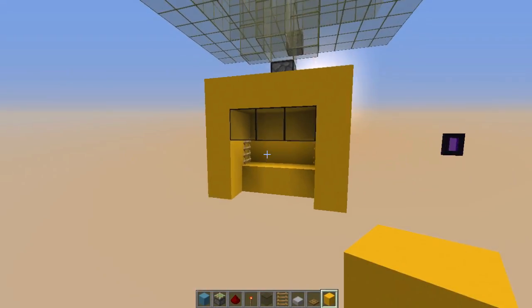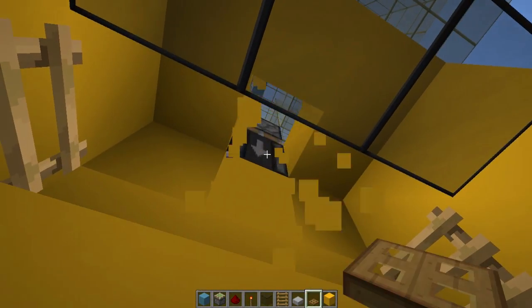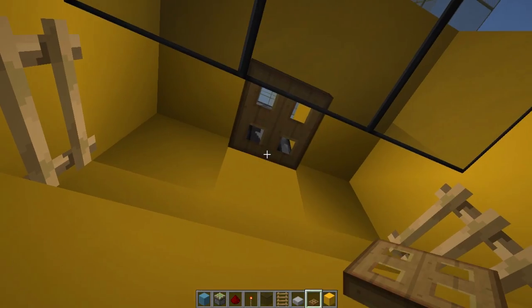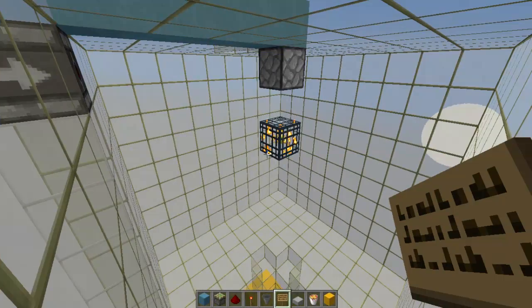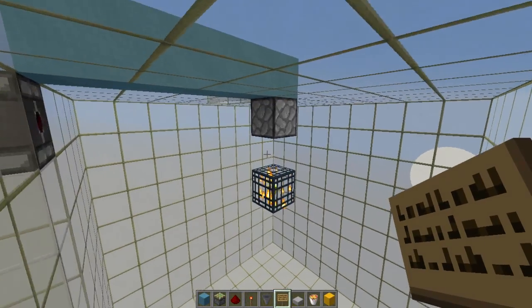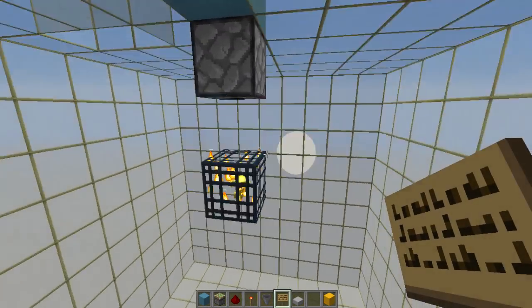This would be the standard chamber, and you can poke a hole here and place a trapdoor on this block. So this is how it opens, and this is how you need to have your trapdoor as well. Before doing the redstone, you should place a lava bucket inside your dispenser up here, and at the same height